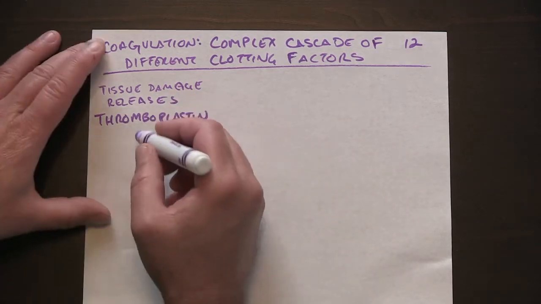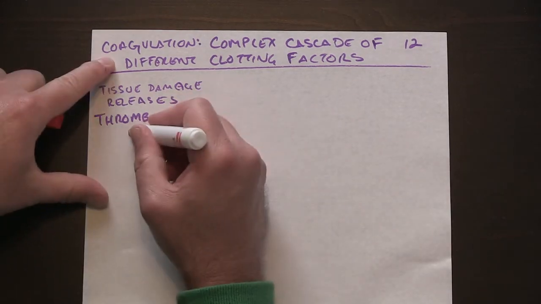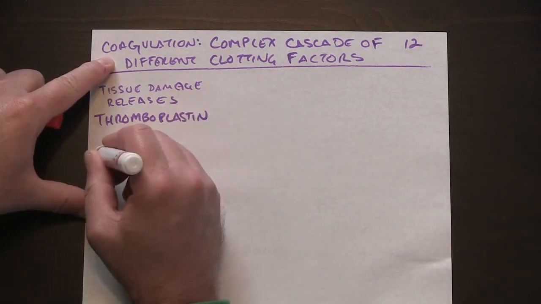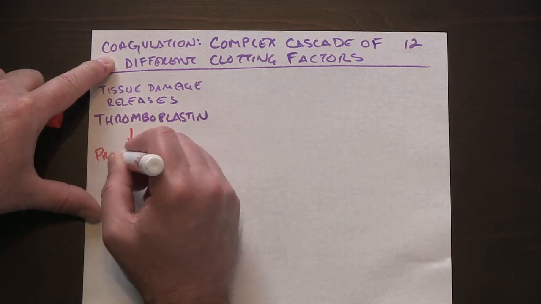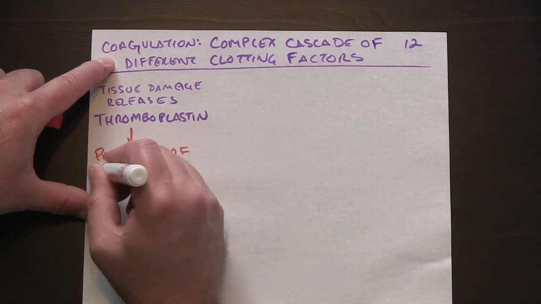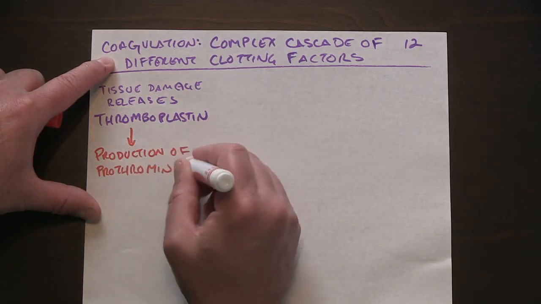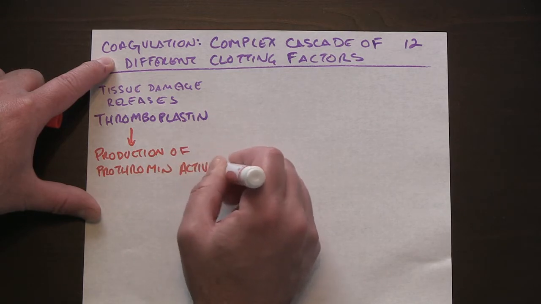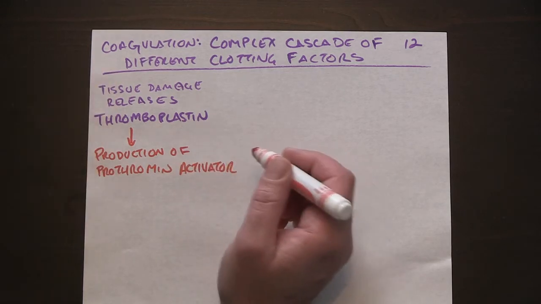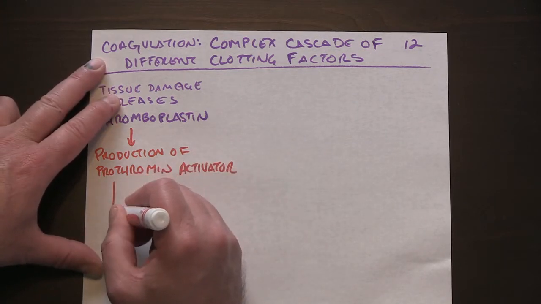And in turn, thromboplastin causes the production of prothrombin activator. So prothrombin activator